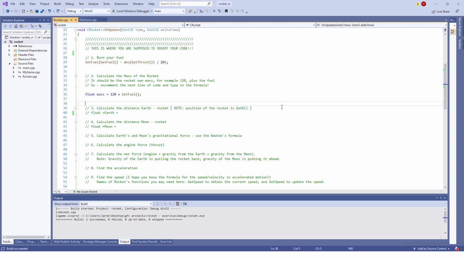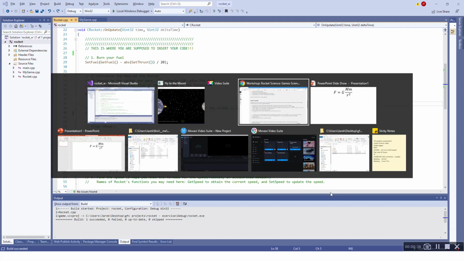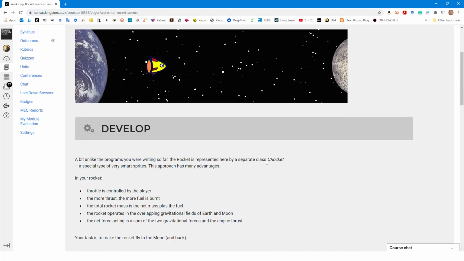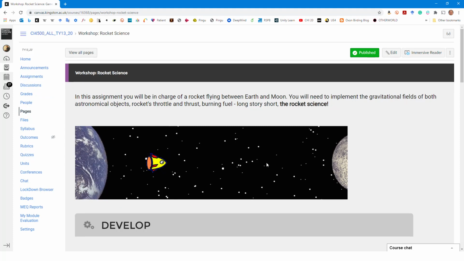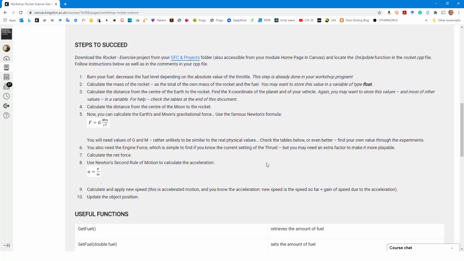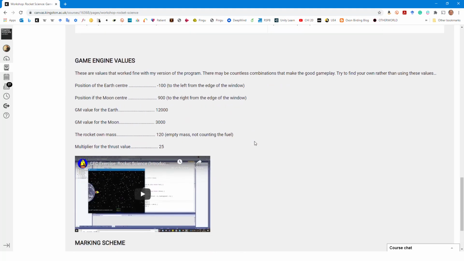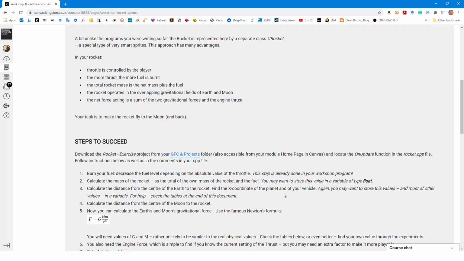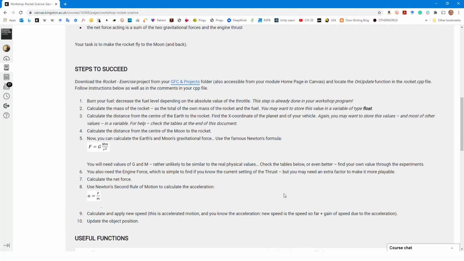So we have been previously working with this canvas-based development recipe, and here we have 10 steps to succeed. The previous tutorial, which you should definitely watch before this one, you can find down the page in Canvas. In that previous tutorial we started the project and went through the first 2